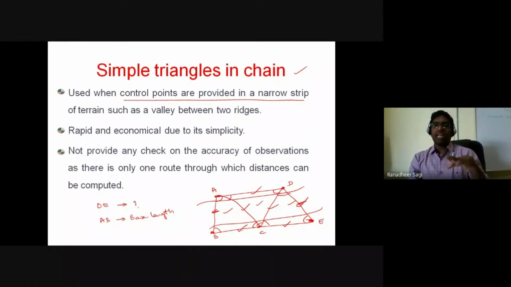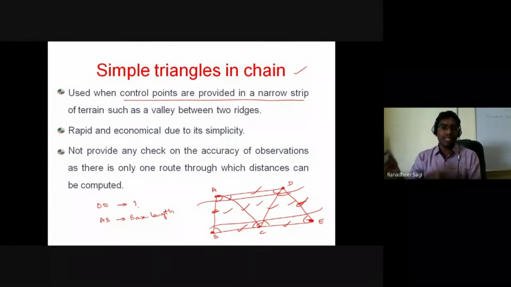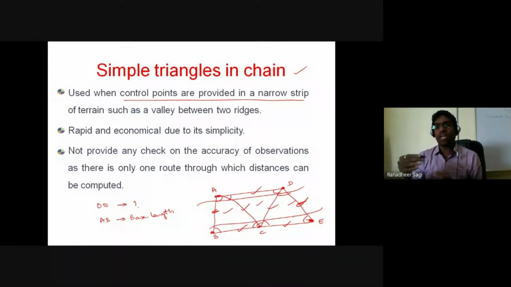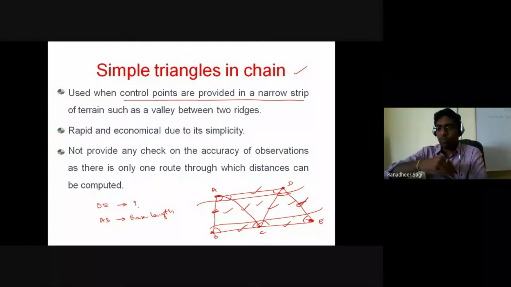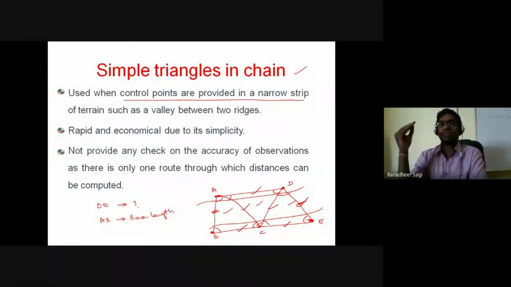without knowing the lengths corresponding to the members of the triangle ABC, I cannot go to the members of the triangle ACD. Without knowing the lengths of the members of the triangle ACD, I cannot move towards the triangle DCE. So I have only one possible route by which I can subsequently travel to your member DE, ultimately to find out your so-called length DE. So this is only one way by which I can go on to find out those unknowns.